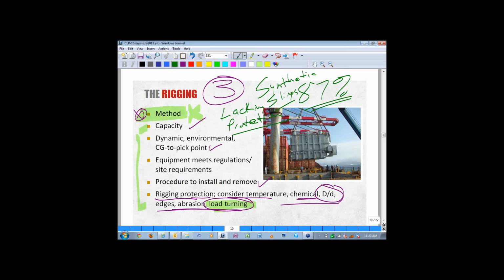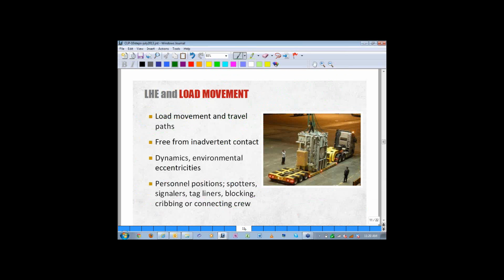In some rare cases, a wire rope sling can be cut. In some cases, chain slings might be compromised to some degree, but synthetic slings really are our first focus for protection. So picking the rigging, good method, good protection, and obviously within rated capacity, is a huge decision, making sure that we're good to go. All right, item 4,